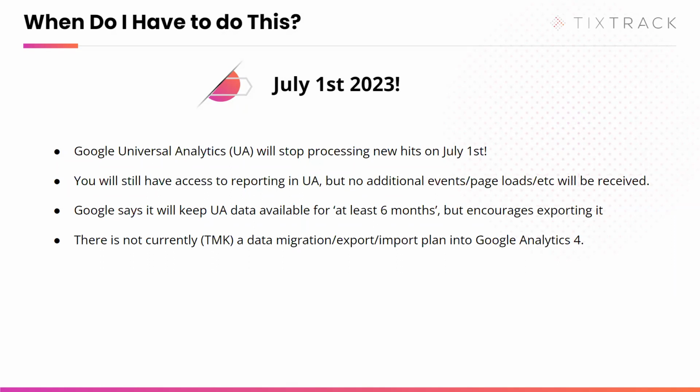You can use things like Google Data Studio and some other items, if you are familiar with those repositories, to connect up and pull down and, I'll use air quotes, merge the 2 data sets together to be able to play with those. So there are options available, but there's not a way, again, to my knowledge at this point, to just say, hey, import this stuff over to GA4 and you continue on as normal.